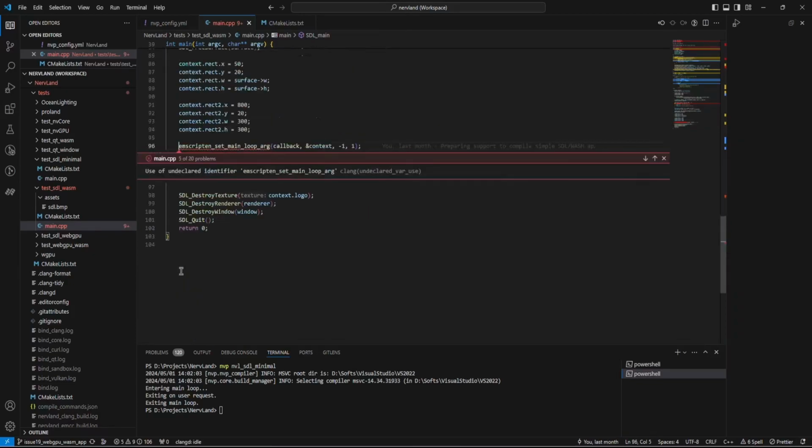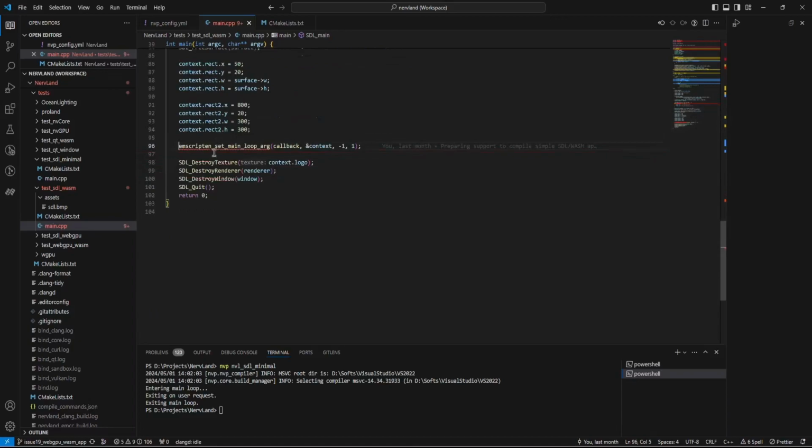And after that, we have what is the main difference, I would say, when you get into the Emscripten world compared to a native application, which is that you don't really have direct control on your main loop anymore, because the main loop is really going to be managed by the browser itself. So the browser is going to tell you when you get a chance to execute one step of your main loop. So that's why we need to call this Emscripten set main loop with argument, and the main loop function here will be the callback function,